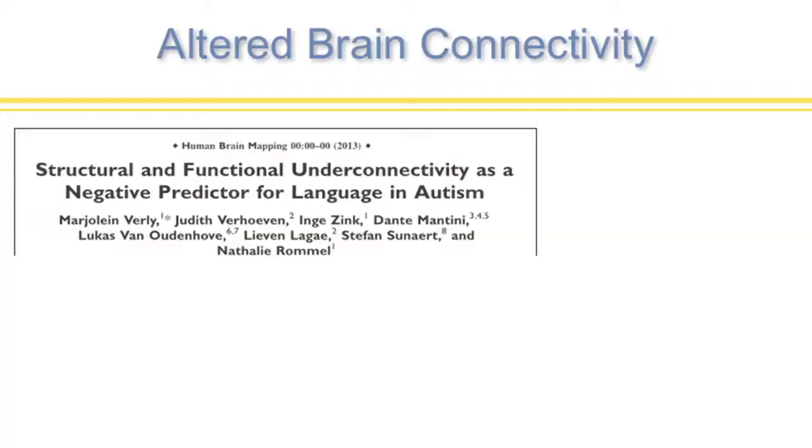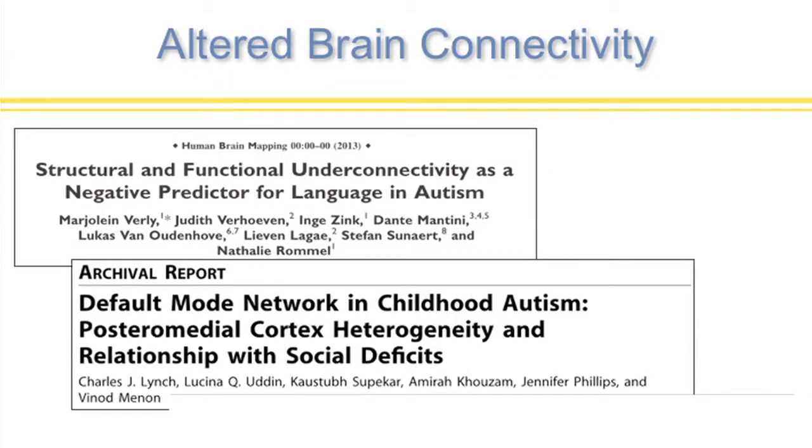There was another study that looked at the so-called default mode network, which is one of the best characterized networks in the autism literature. It's one of those intrinsic networks that is implicated in social cognition, which involves both the medial prefrontal cortex and some of the parietal cortex. And here they found